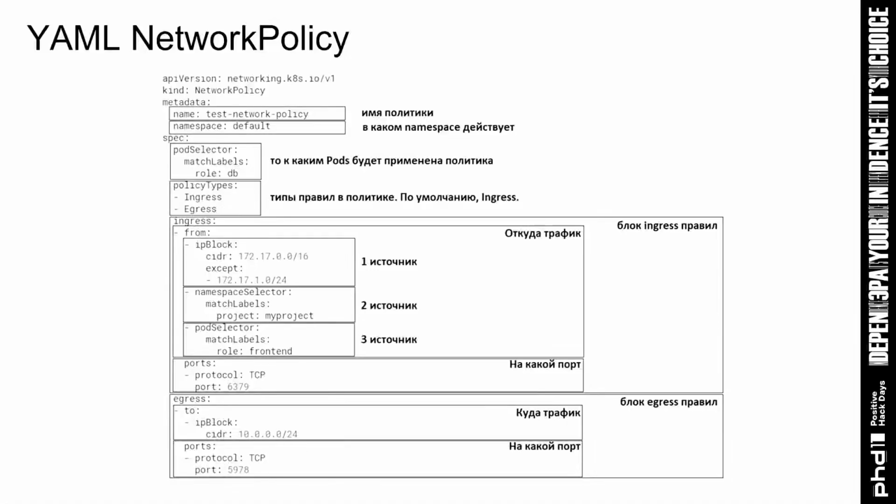That's what I'm saying. And this is an example for network policy IP version. You have a namespace where this network policy is being used. Then you have pod selector. So this way we're saying that this policy is to be used to microservices with label called role, and it's equal DB database. So we want to apply this network policy to database. There are ingress and egress, inbound and outbound traffic policies, and then blocks describing what we want to do with it. And not necessarily,